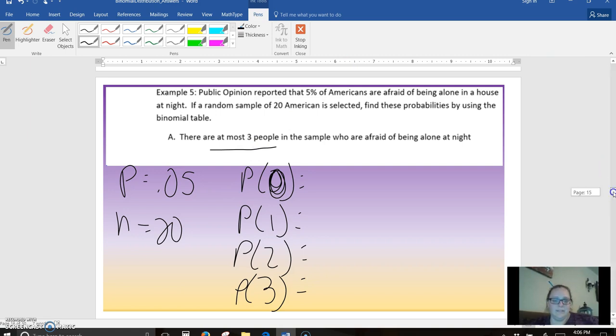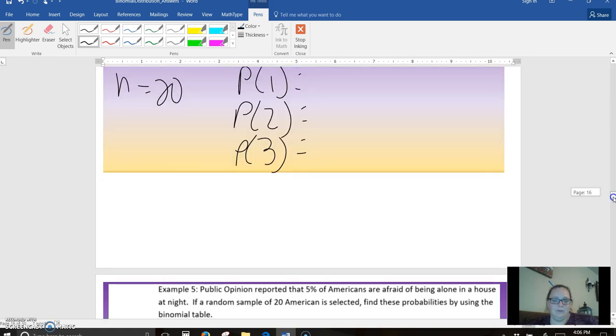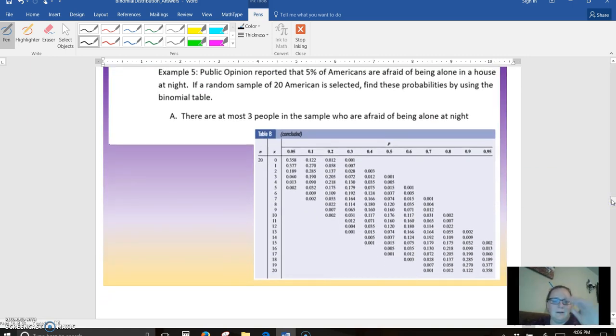All right, 20, 0, 1, 2, 3, 0.05. So I did, it's right here. So that's just this first column. So these guys right here, we need to add those: 0.358, 0.377, 0.189, 0.060. And so when I add them,